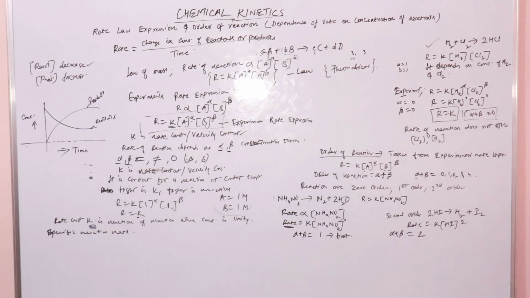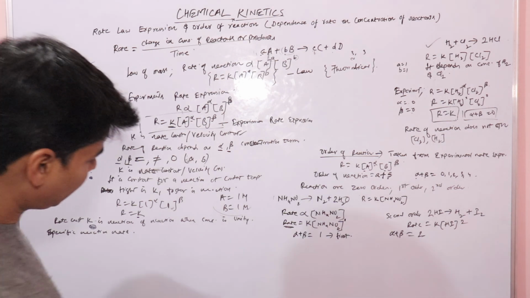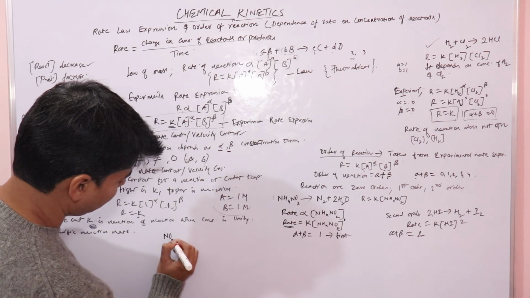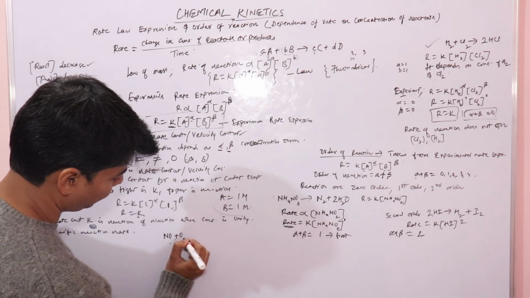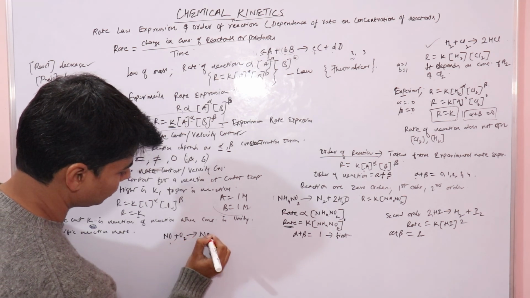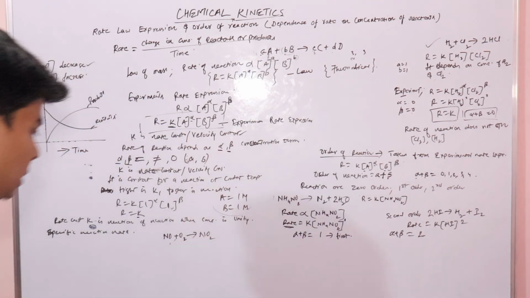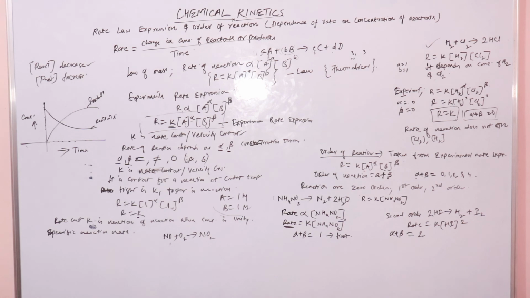Now similarly you have another case of a third order reaction also. The third order reaction, if I take this example, is NO2 plus nitric oxide plus oxygen gives you nitrogen dioxide. So here, if you balance this